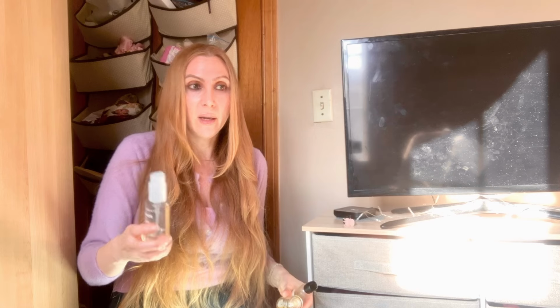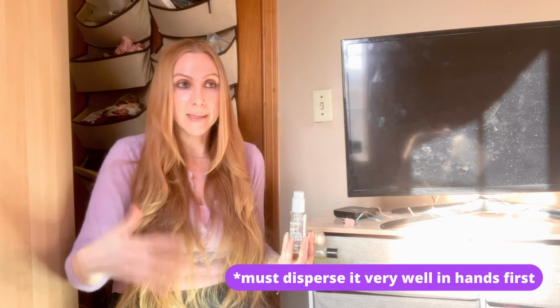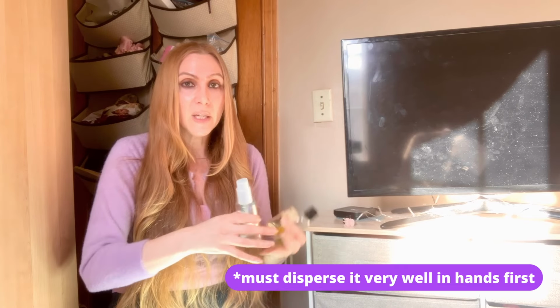So I wouldn't use this on freshly washed hair. I use this on like day 2 and afterwards. It has a slow release technology, which means it's also reparative. So it's going to be repairing your hair as it's on your hair, but you really need to work it well into your hands before you put it on your hair. It's not like the lighter oils, okay? This will weigh your hair down if you don't use it correctly. So you really need to warm it up really well between your hands, use a small amount,